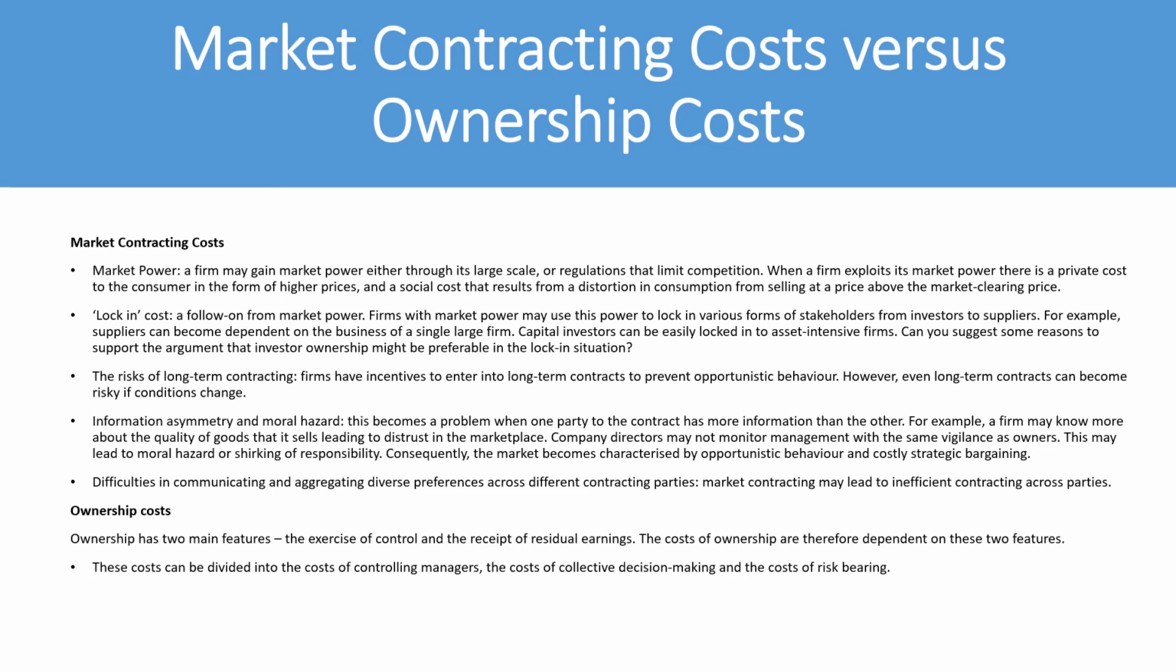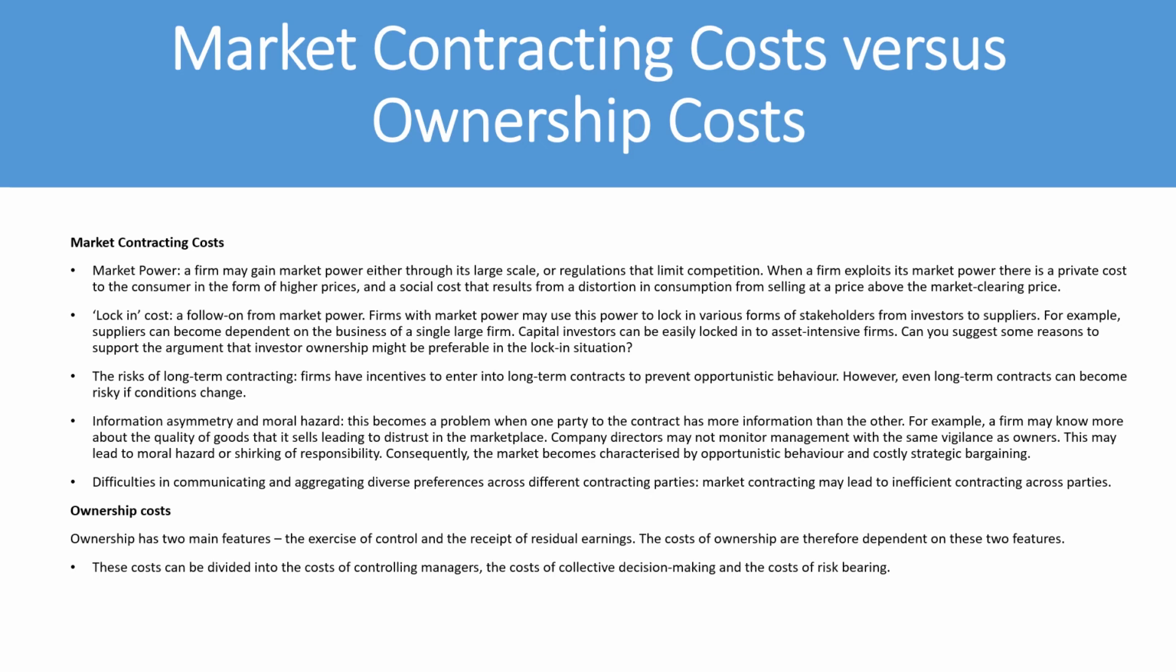A lock-in cost. This is a follow-on from market power. So firms that have market power may use this power to lock in various forms of stakeholders, from investors to suppliers. And for example, suppliers can be dependent on the business of a single large firm. So can you suggest some reasons to support the argument that investor ownership might be preferable in a lock-in situation? I think an interesting example of a lock-in situation is these mega firms like Walmart, ShopRite, etc., where they really set the price and a lot of farmers and suppliers only sell to them. The risks of long-term contracting are also market costs,